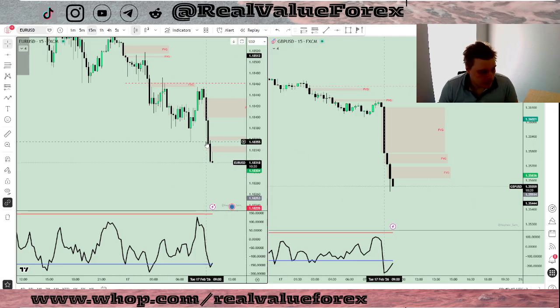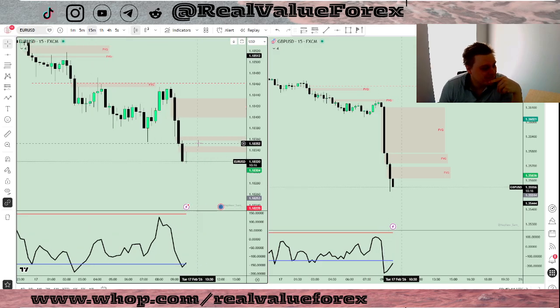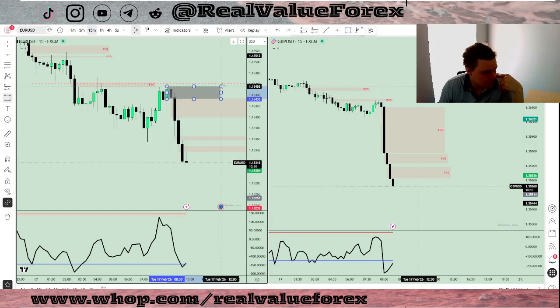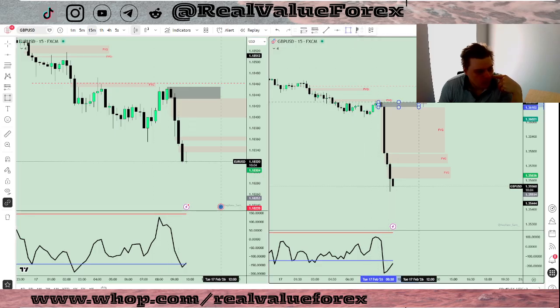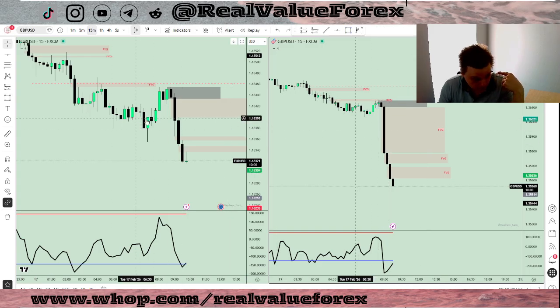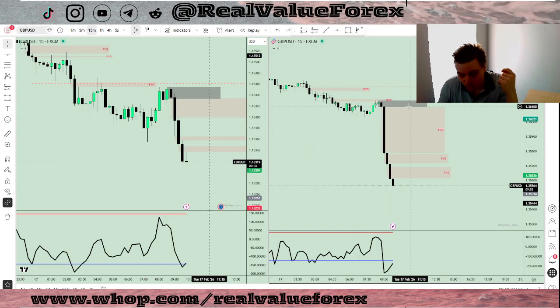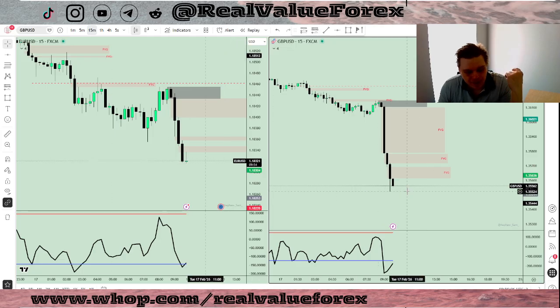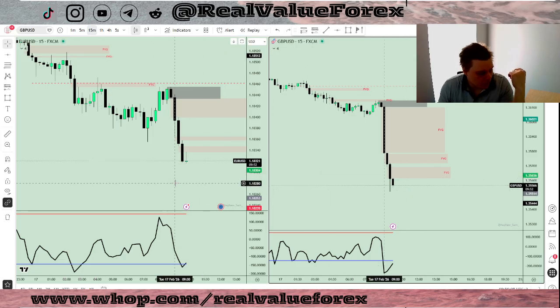But basically, for today, we have really clean order books in here with EURUSD and also GBPUSD. But the problem is that it's gone too far away. So if it makes a pullback and taps in here, of course I would go in there. But it has kinda gone too far.